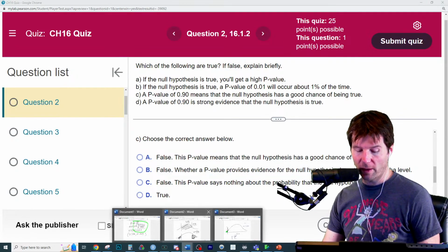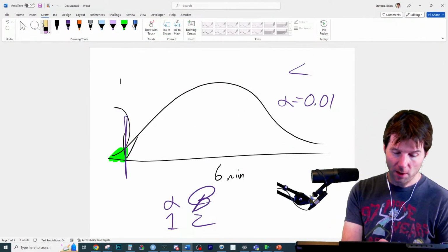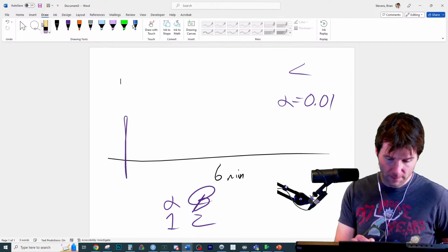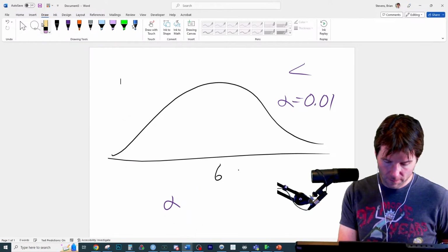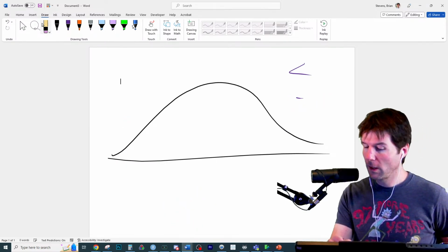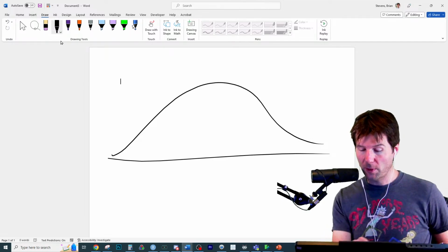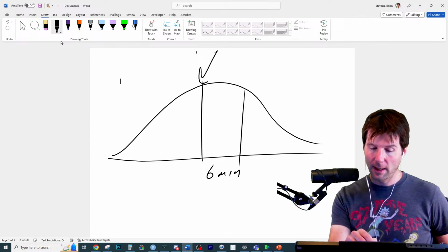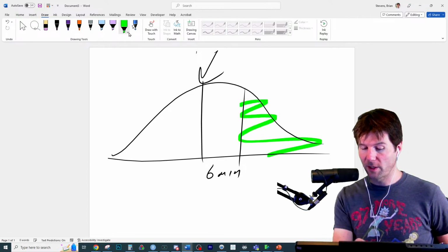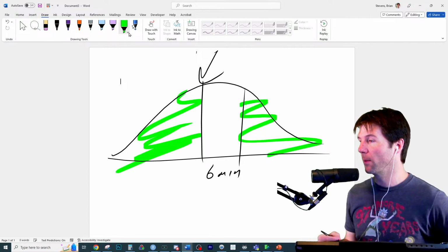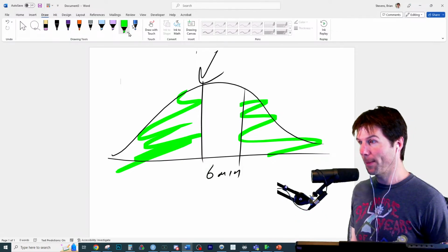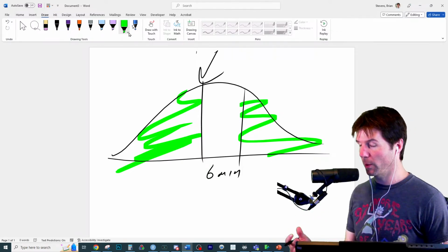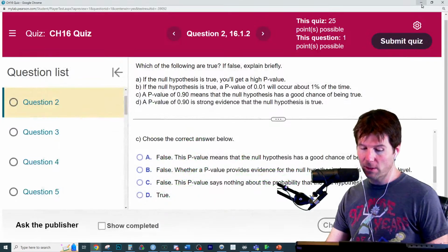To go back to the running graphic again right here, if you got a p-value of 90%, Brian's a 6-minute mile runner, you landed somewhere in here, and a result as extreme or more extreme on either side would occur about 90% of the time. So the result we saw was very likely given the null is true. It doesn't mean it's likely the null is true.